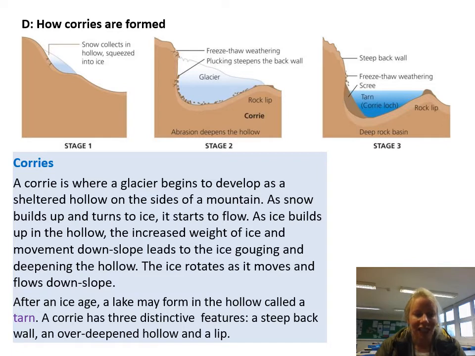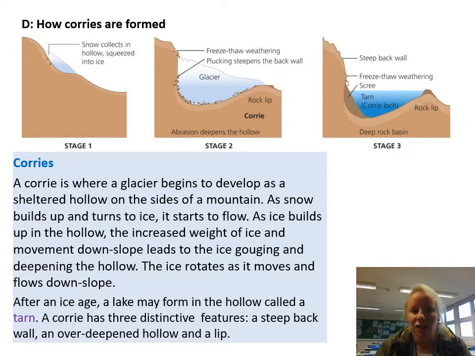After an ice age, a lake may form in the hollow, and this is called a tarn. A corrie has 3 distinct features: a steep back wall, an over-deepened hollow, and a lip. So if we have a look at these diagrams in these different stages, if we look at stage 1, we